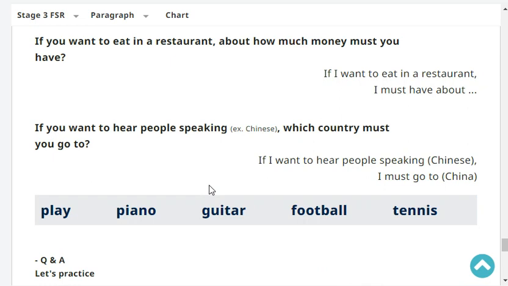If you want to hear people speaking Chinese, which country must you go to? If I want to hear people speaking Chinese, I must go to